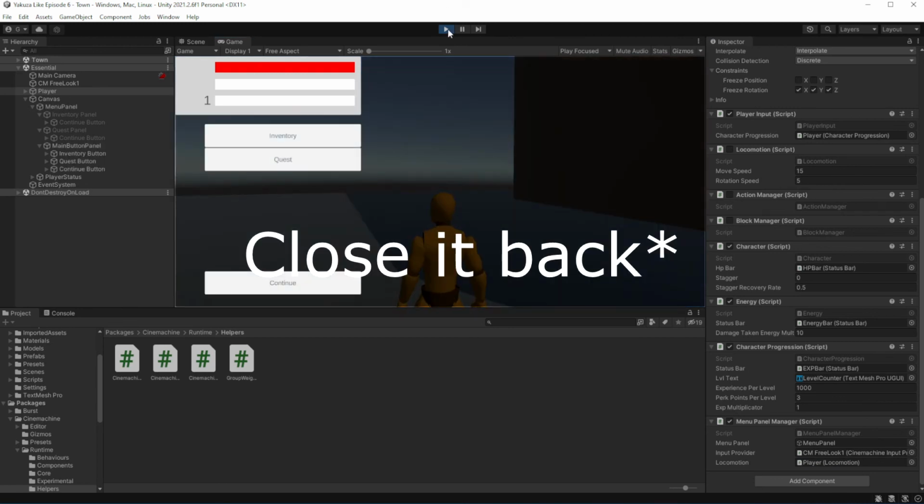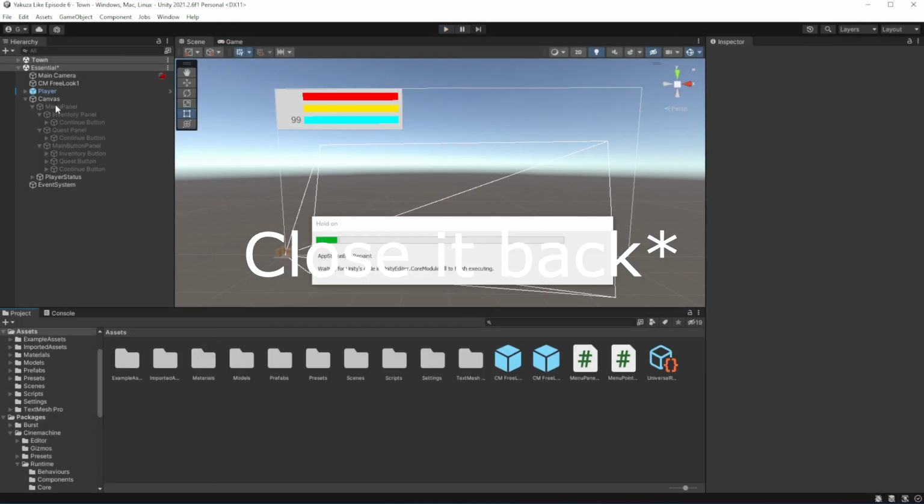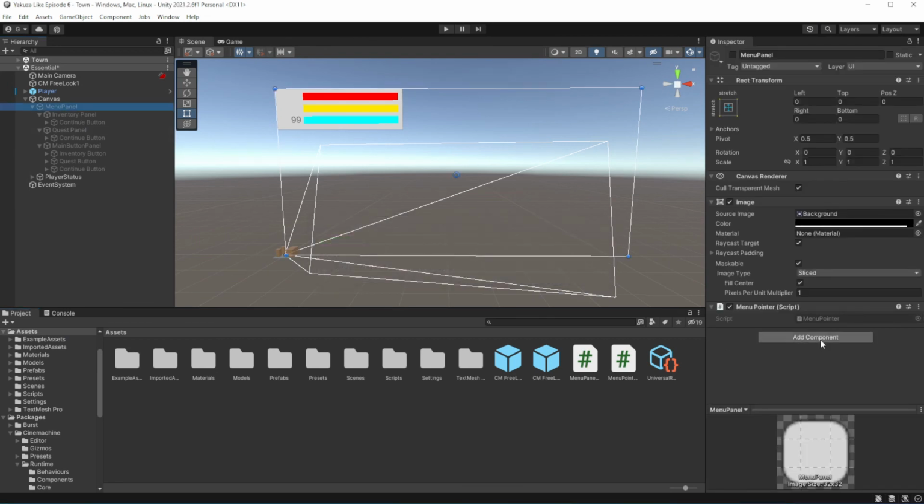Good. But if I open it back, it will not enable them back to active state.